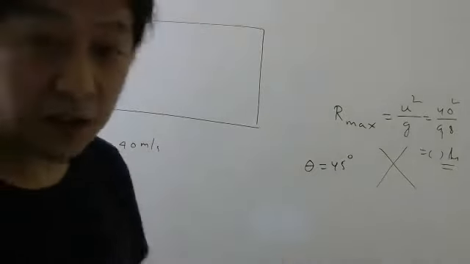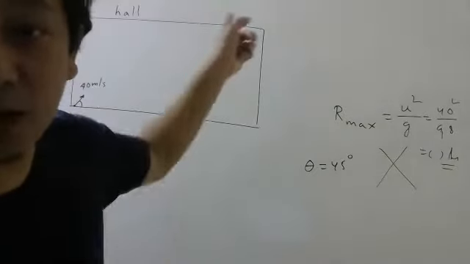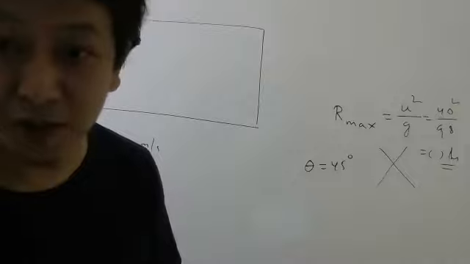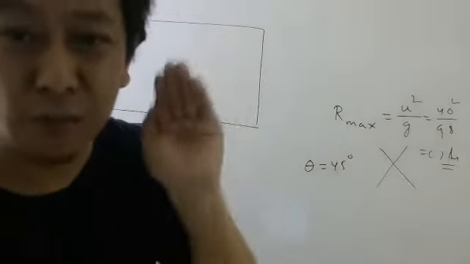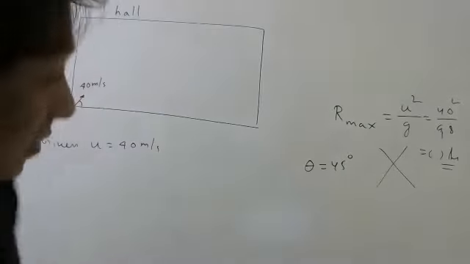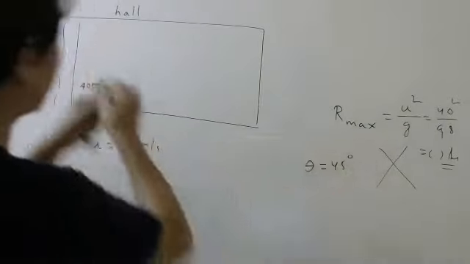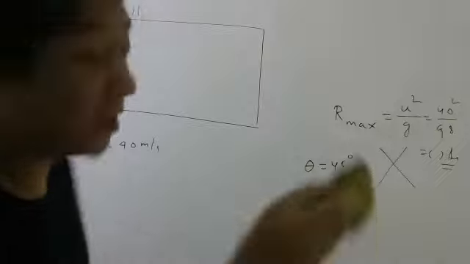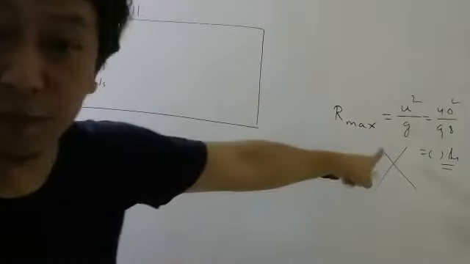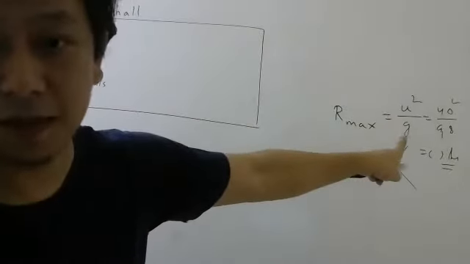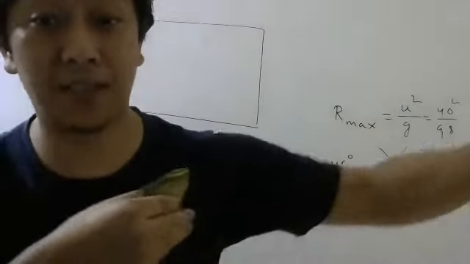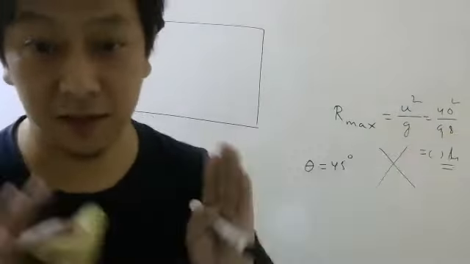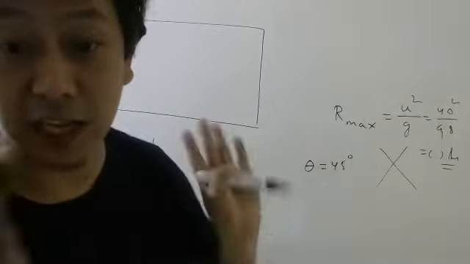Okay, and at 45 degree, are you sure that it will not hit the ceiling? We are not sure. So we have to first check at what angle it will almost hit the ceiling. So don't do this problem. If the ceiling was not there, students, then this will be the answer. Understood? If ceiling was not there and if they ask maximum horizontal distance, then this will be the answer.